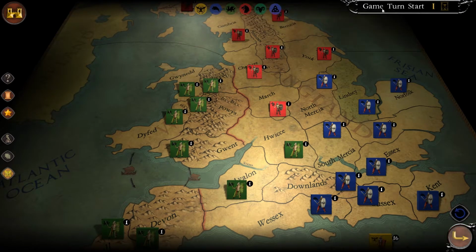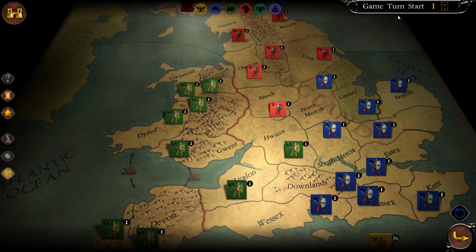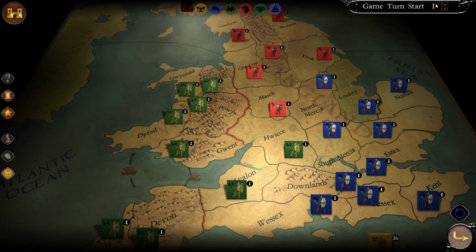Then you have here the phase you are currently playing, and you can see there is a tooltip on the phase which tells you the one underlined is the one you are currently in. So you can see there are 9 different phases in the game, and you will be able to see what's going on next. Here is the turn number, and if you click on it,